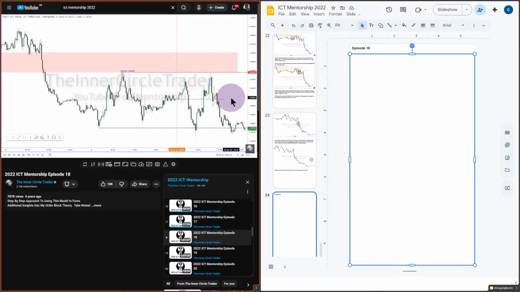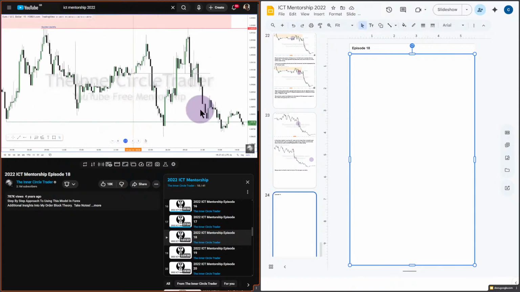Okay. Now we have the relative equal highs here. We rallied above them. Once it hits this, do we get displacement? Now we get down to the nitty gritty. Okay. We have a swing low here. It breaks down below that, and then once it does that, does it create an imbalance? Yeah. Is there a fair value gap? Yes. Hint, hint, nudge, nudge. You see that? All right, so we're going to annotate that. So inside of this range here, we have a fair value gap. And I'm going to highlight this.